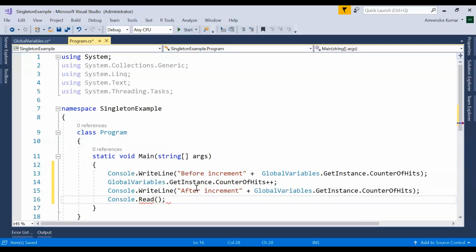Read. So now what it does is it will display you the counter of hits and then increase the value,